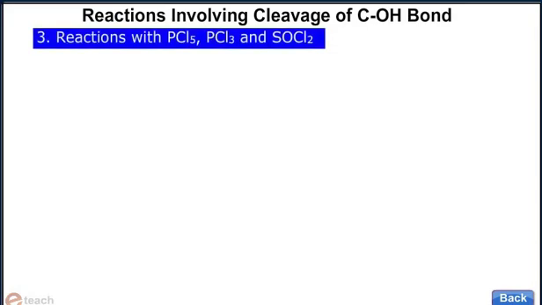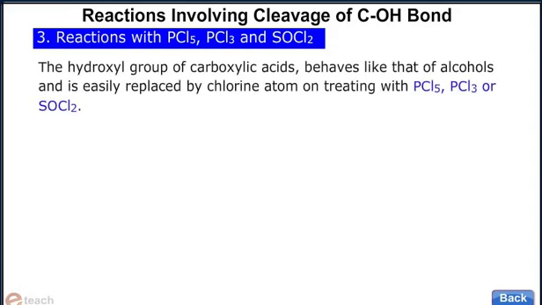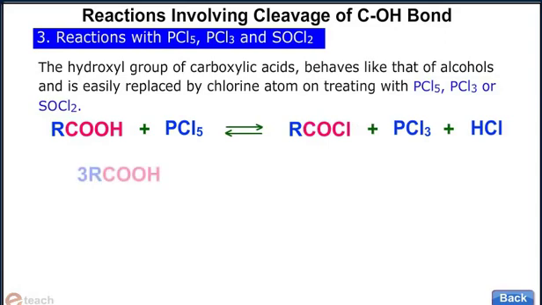The third one is reactions with PCl5, PCl3 and SOCl2. The hydroxyl group of carboxylic acid behaves like that of alcohols and is easily replaced by chlorine atom on treating with PCl5, PCl3 or SOCl2. Consider the reaction RCOOH plus PCl5 reversible RCOCl plus POCl3 plus HCl, and also the reaction